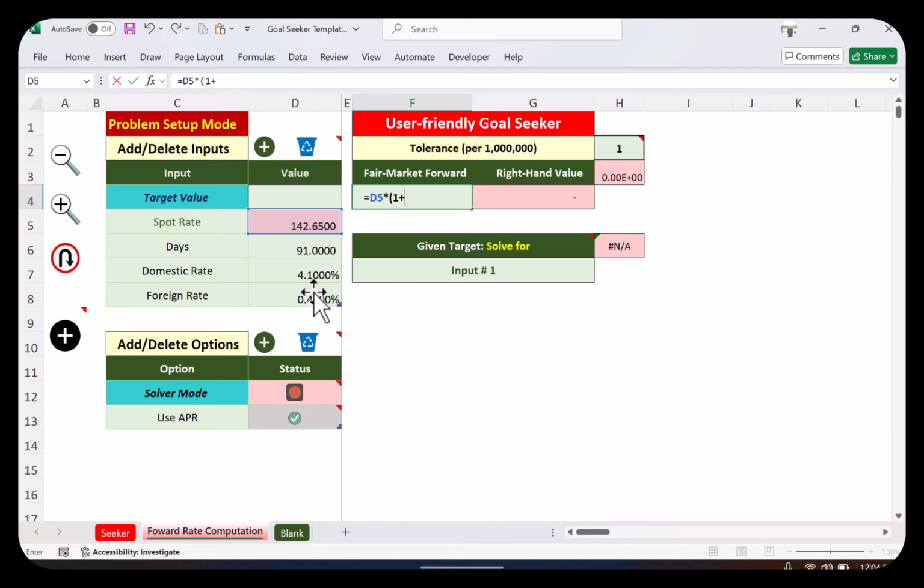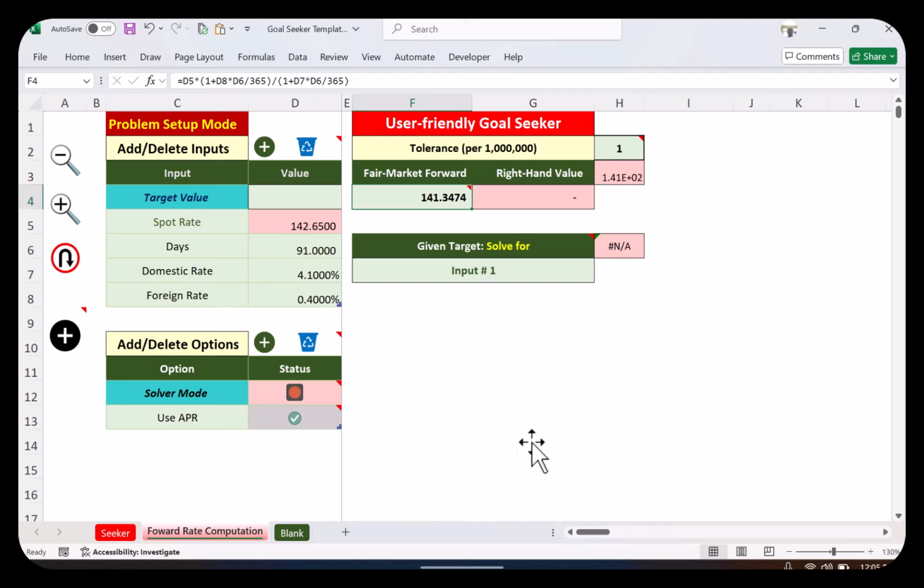So I'm going to take the domestic rate, I'm sorry, forward rate times days divided by 365, divided by 1 plus domestic rate times, and that should not be surprising. Okay,